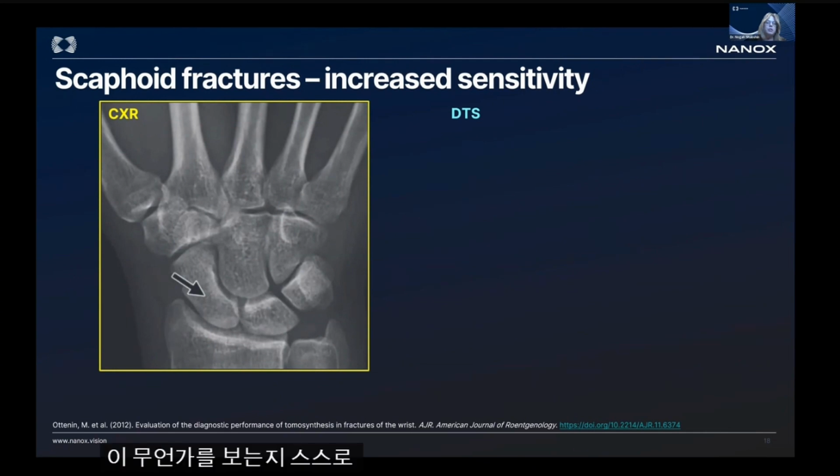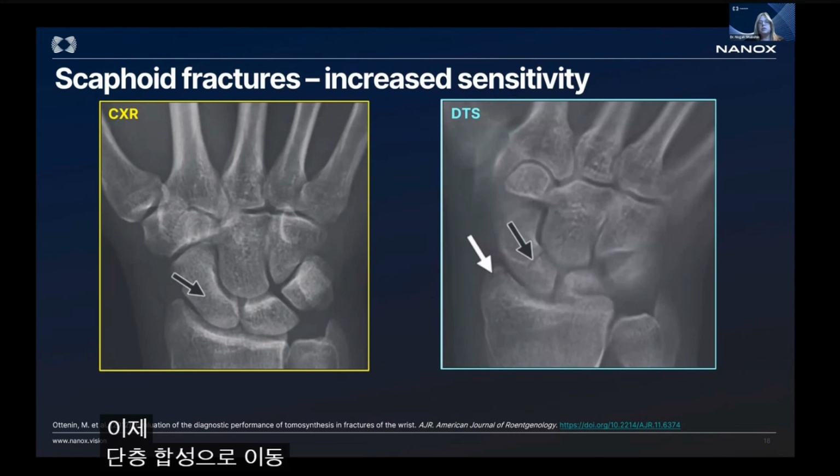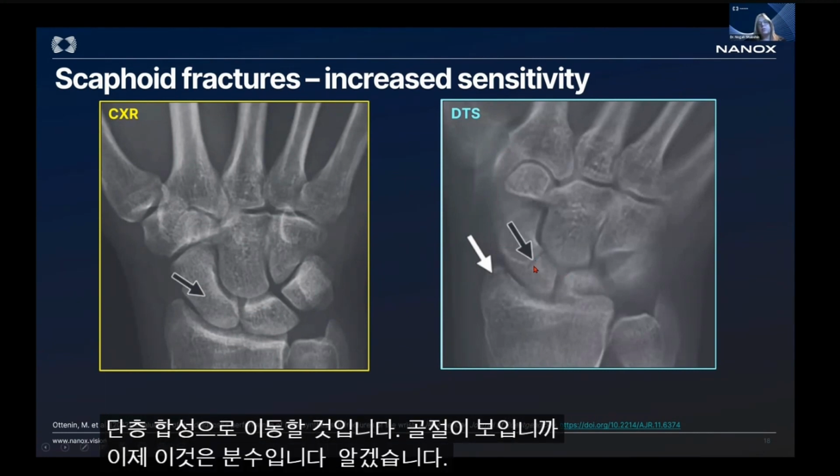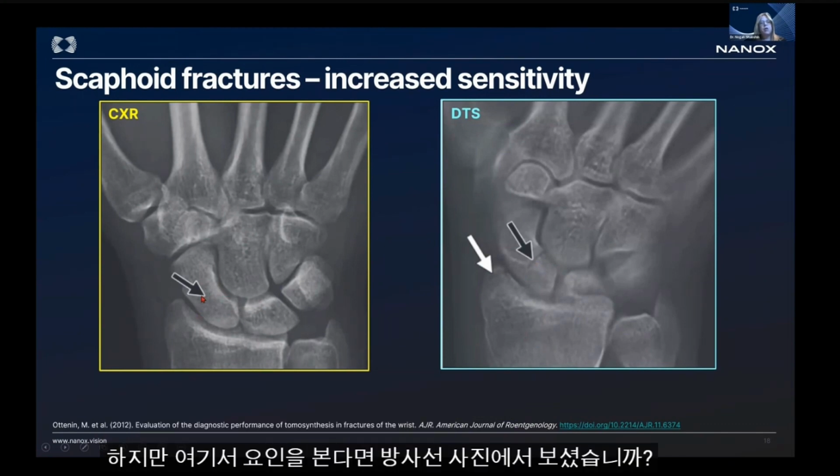Think to yourself whether you see something or not. And now I'm going to move to the tomosynthesis. Do you see the fracture now? This is the fracture. Okay, but did you see on the radiographs, if you even saw the fracture here,